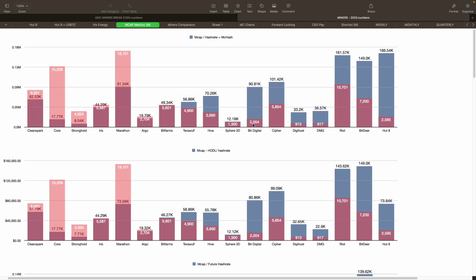Then we've got BitDigital at 2 exahash. They're getting valued at 90.81 thousand. Definitely a heck of a lot higher value compared to some of the other miners here, like Iris Energy, Bitfarms or CleanSpark, right? They're getting way more value based on what they have here as far as exahash is